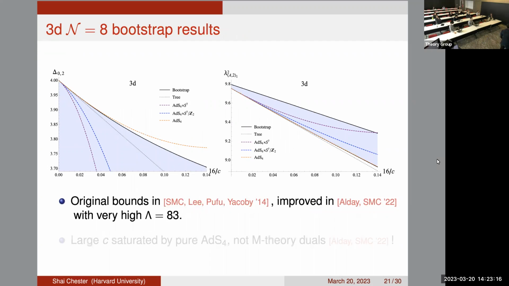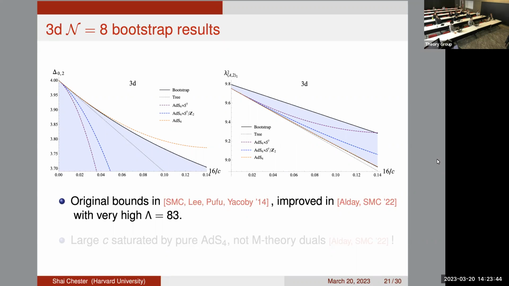Here I'm going to show two plots, one for a scaling dimension of an unprotected operator and one for an OPE coefficient of a semi-short operator. This one is a little bit more protected, so the plot looks a little bit nicer. So let's start with this plot. Again, we're looking at the large C regime, which is why we're looking at 16 over C, going from the generalized free field theory down to strongly coupled. Here is the upper and lower bound on the OPE coefficient. Black is the upper bound, and this is the lower bound. And in the very large C regime, we see that this gray line,